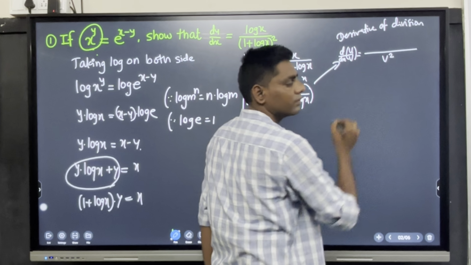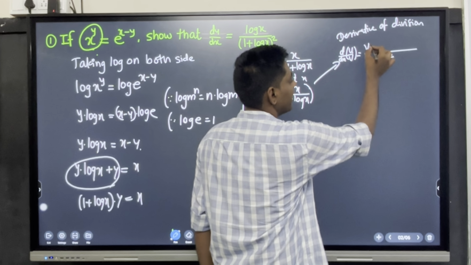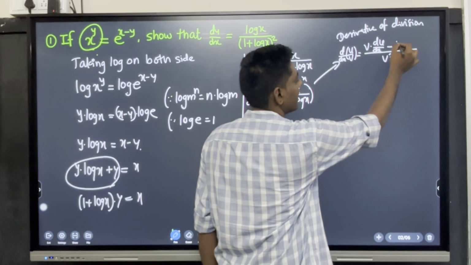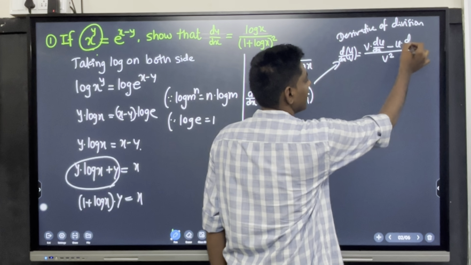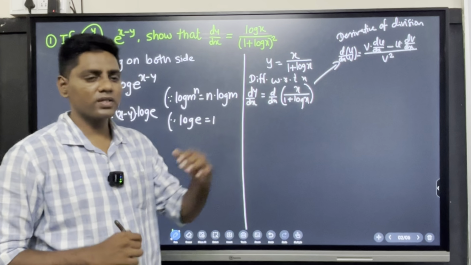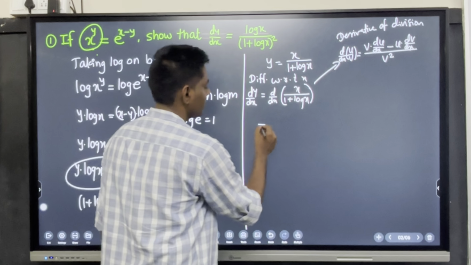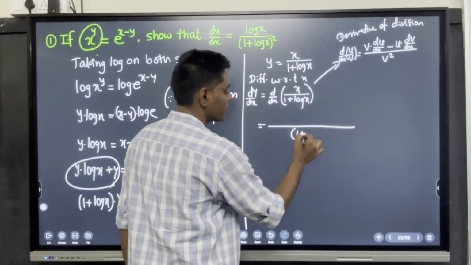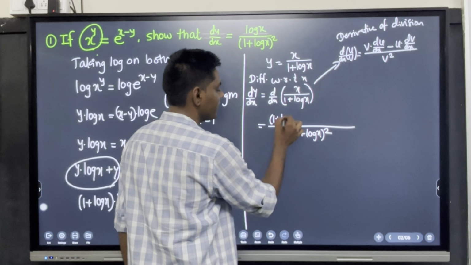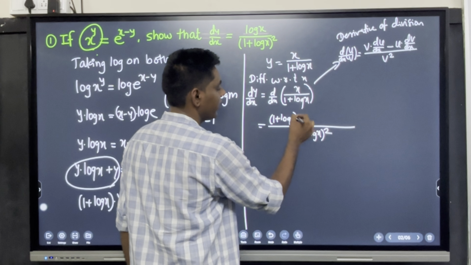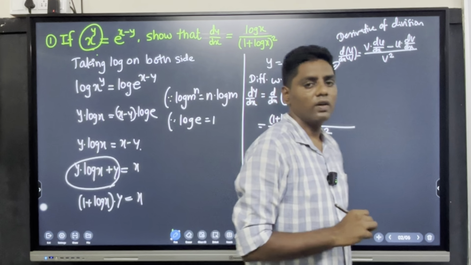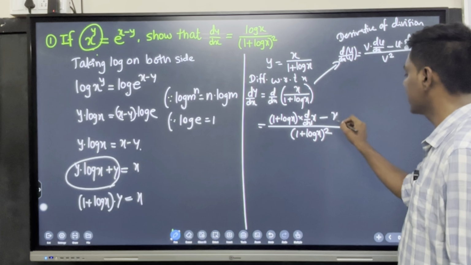डिनॉमिनेटरचा स्क्वेअर, डिनॉमिनेटर ॲज इट इज, जो पण ॲबसेंट आहे त्याचा डेरिव्हेटिव्ह, दॅट इज डी यू बाय डी एक्स. टेक मायनस साइन, न्यूमरेटर ॲज इट इज, and now take the derivative of absent, that is dv. So by applying this formula we solve. So we get 1 plus log x denominator square, denominator as it is, take the derivative of numerator, that is x, minus, after that numerator as it is x,